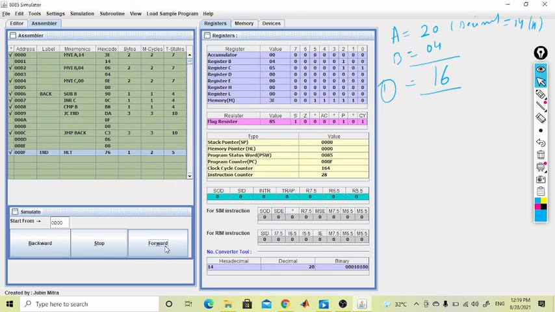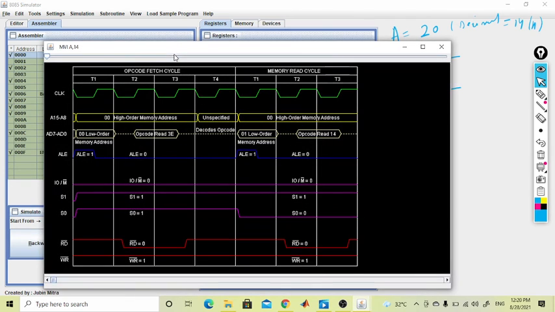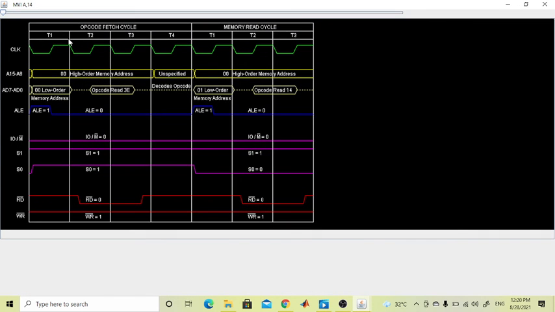In our next video we will see the M cycles, that is machine cycles, and T states. Here you will be able to view the signals, how the signal is performing in each T state, and what the current operation is.